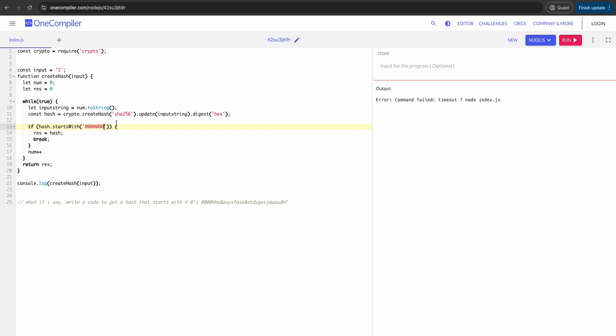This is nothing but an algorithm to find a hash starting with more number of zeros. The more zeros you add here, the more time it will take. I hope this makes sense, right? So let's continue. I did say this, right? Let's say now if I say to find